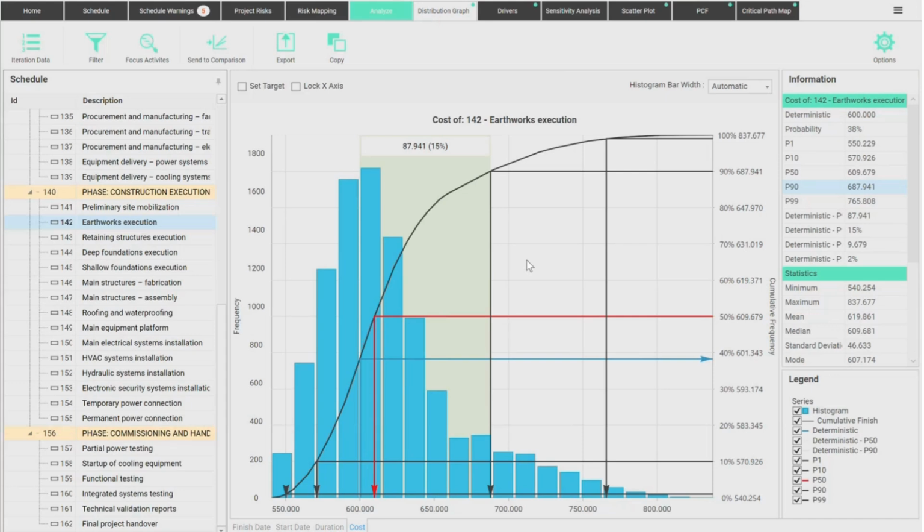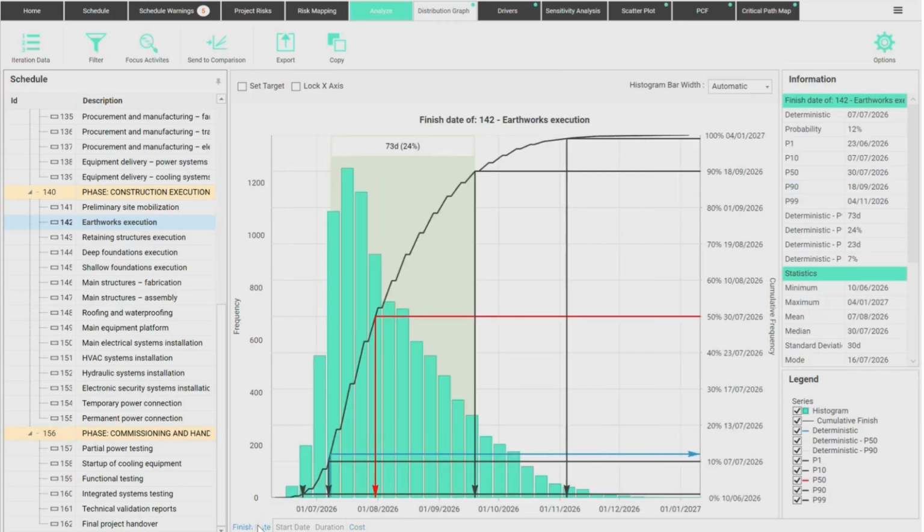Why? Well, because of the many things that may occur here, many risks that affect this thing. Same thing for the finish date. It's very unlikely we finish when it was planned. We need some extra time. So now here we start talking about contingencies. If it's important to deliver this earthworks execution for your project, you should not aim for July. You should actually aim for September.